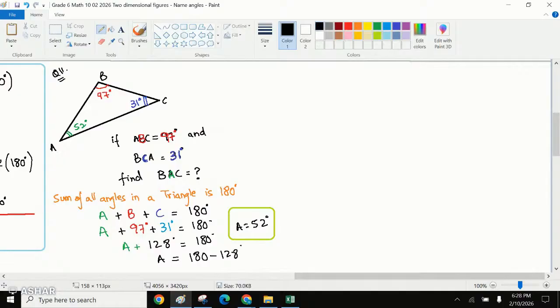Okay, let's try another question. Question number 12. But this time I would try this question with a four-sided shape. If we have a four-sided shape, it doesn't have to be a square. It can be any quadrilateral, right? If we have this shape, if I label this as A, B, C, and D, the given information in the question is